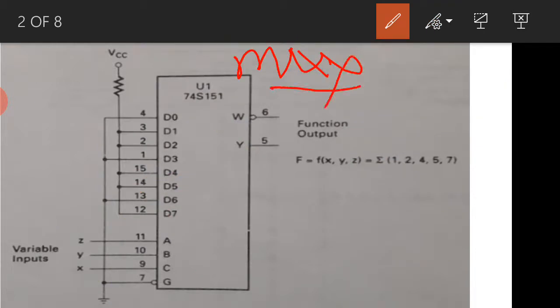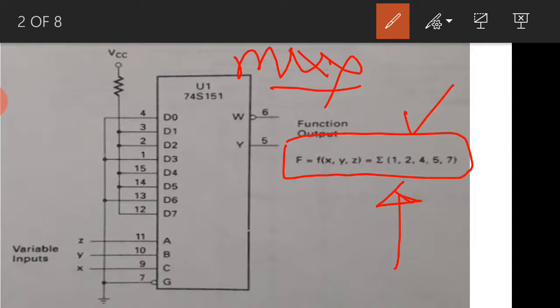Okay, so by using the multiplexer we are realizing the Boolean function, such that there should not be any change in the expectation. As expected, using the multiplexer we are realizing the same Boolean function. Wherever 0 is required, that particular bit is connected to 0, and wherever we require 1, it is connected to VCC.